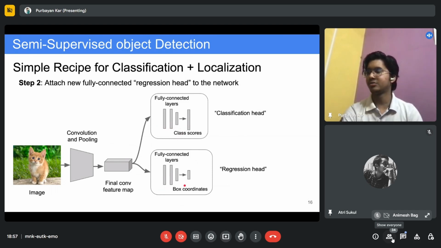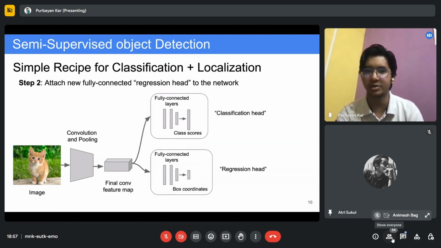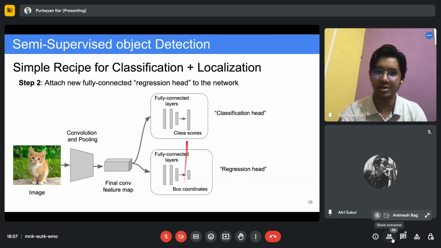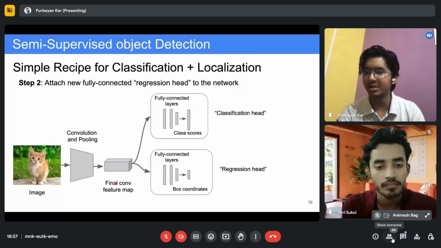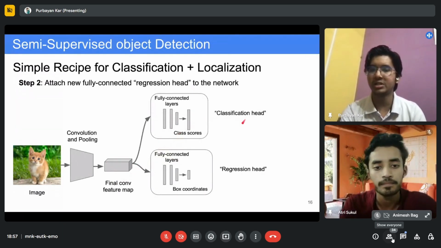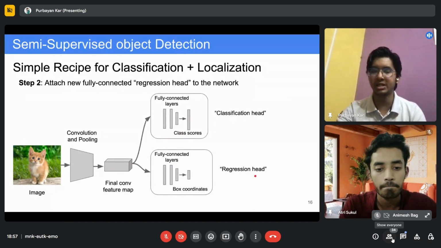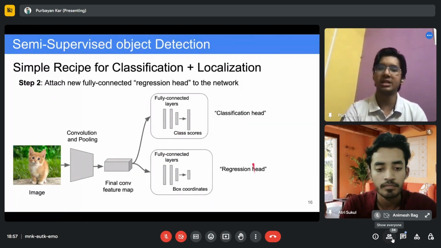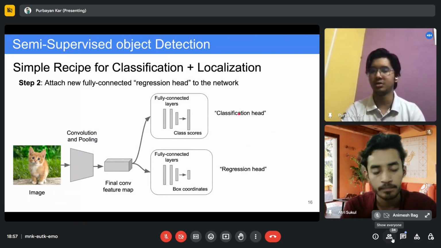I don't know if you are able to understand, because these terms, like fully connected layer, might be a little difficult for newcomers. But for now, let us assume these are other black boxes which we employ upon AlexNet or VGGNet, which will give me the classification score or regression score. Regression score means those 4 points x, y, w, and h, and classification score means whether it is a cat or dog.